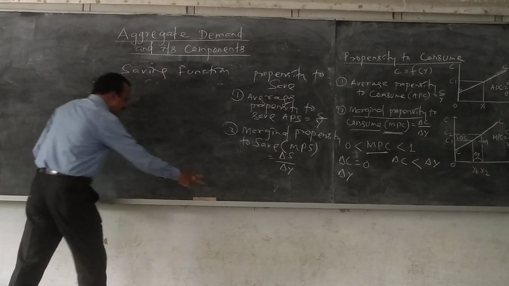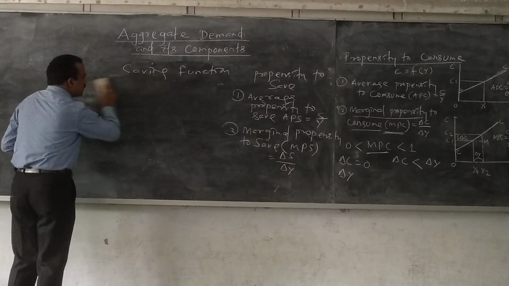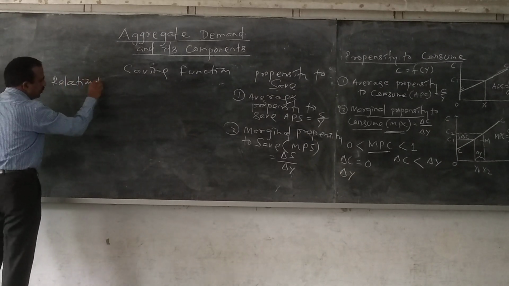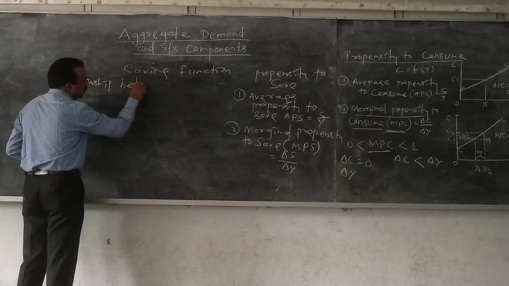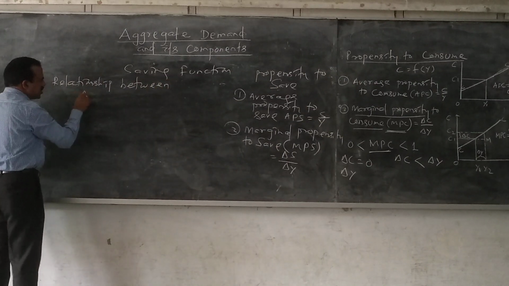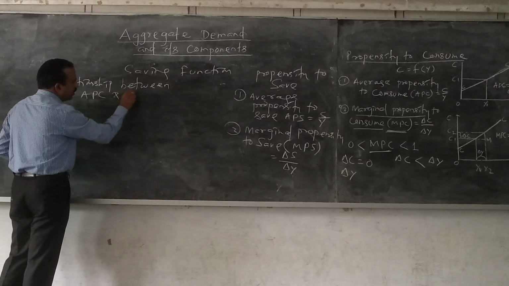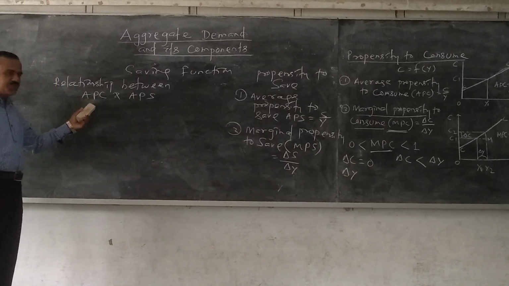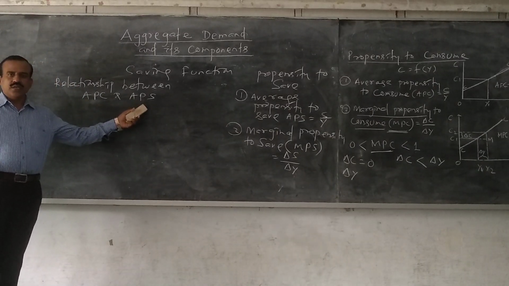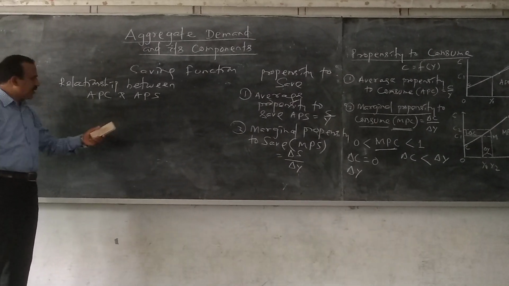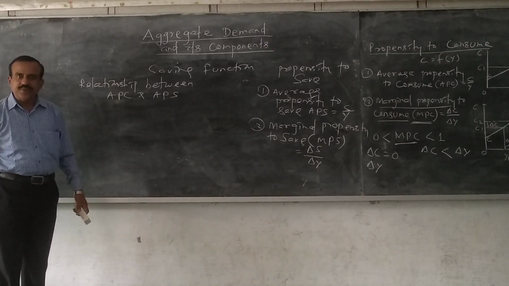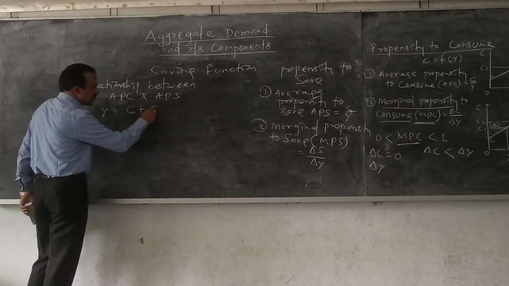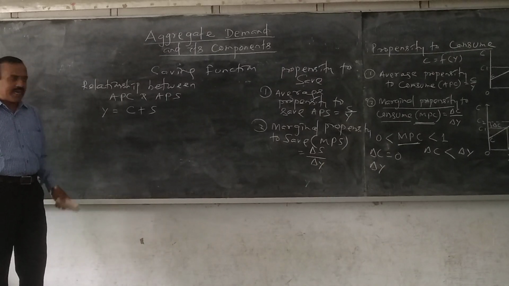Now, what is the relationship between APC and APS? Already we have discussed the meaning of APC and APS. Now we will be establishing the relationship between APC and APS. You know, income is C plus S, which means that a part of the